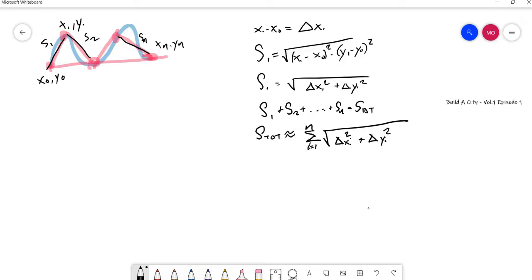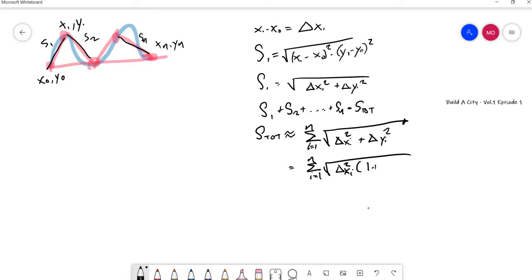So we have a summation of all these different segments, and that's shown in the sigma sign, which is another Greek symbol, from 1, the first segment, to the nth segment, which is the last segment. So we just throw in pretty much the same expression that we had underneath the square root. Then we start to develop this a little more, and for the equation that we're on right now, we use